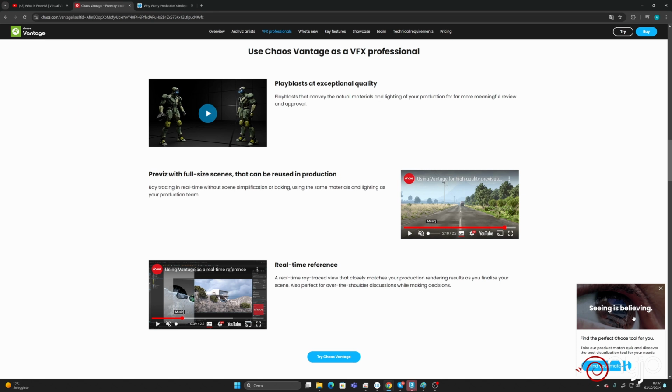So let's go to see something related, for example, to the pre-vids and post-vids, because the really nice thing we have inside Chaos Vantage is that it's a completely pure raytracer and is able also to split the rendering in layers. So we have the AOV. Obviously, you have to imagine that not all the features of your software are compatible with